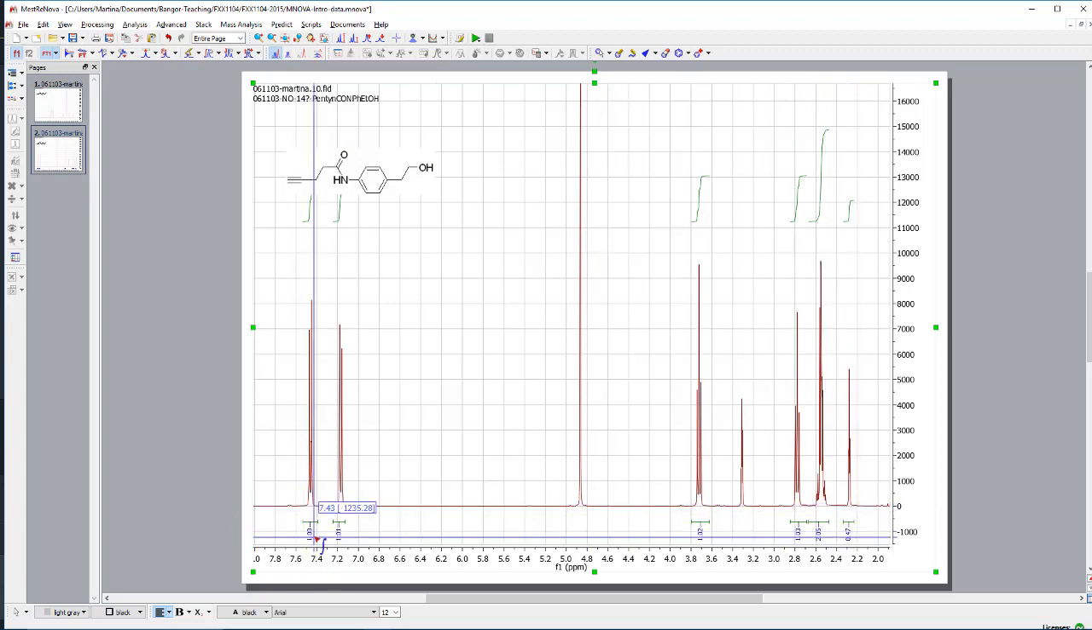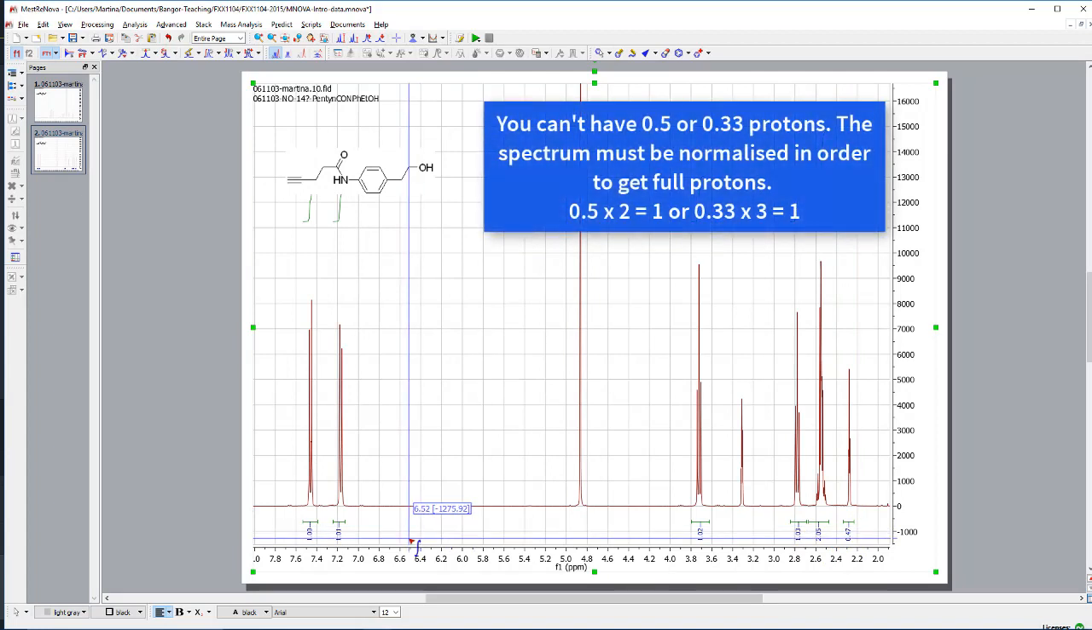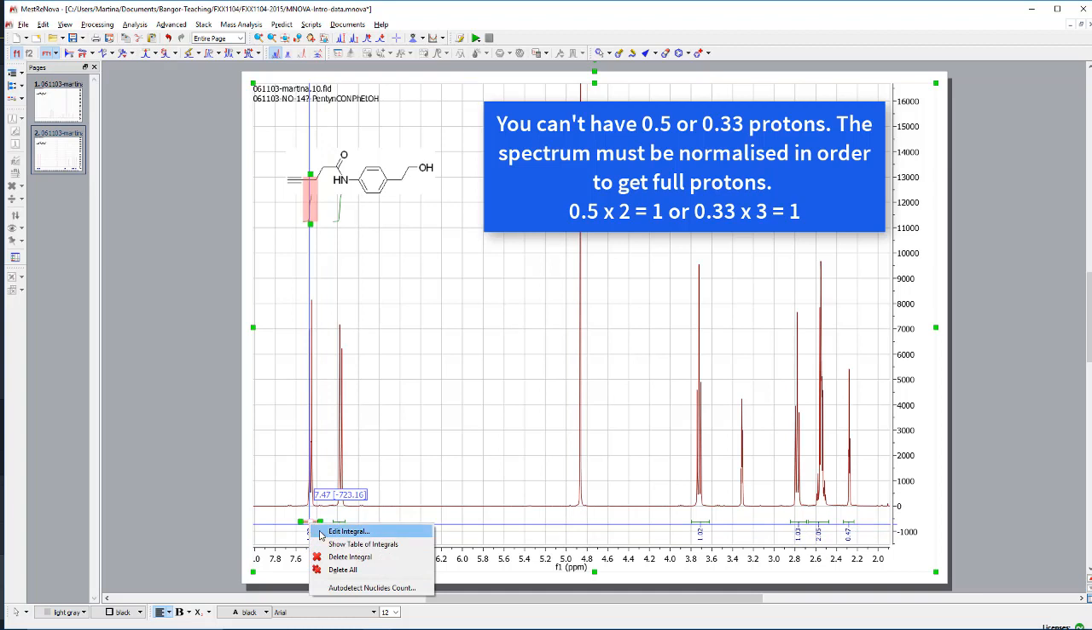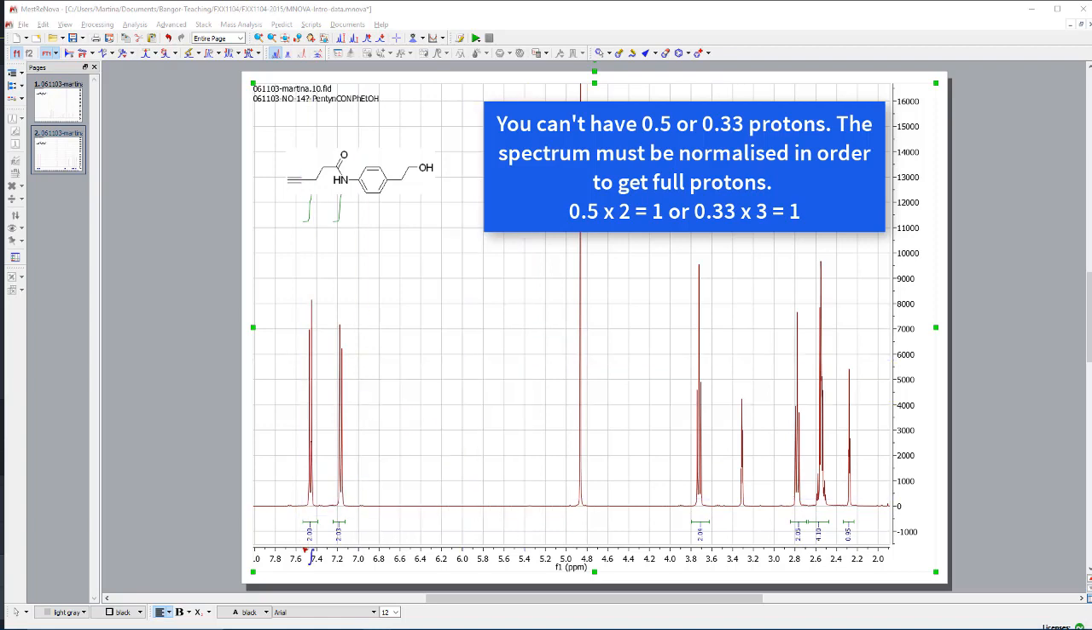So overall this looks quite neat: 1, 1, 1, 1, 2, a half. So there's something dodgy here. This means in our case we have to multiply the whole spectrum to get a sensible integration. So how do I do this? I right click on one of those integrals and normalize this one to 2, and this will now change all